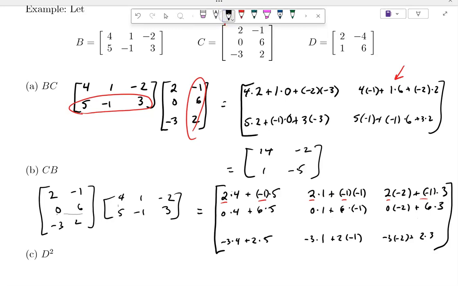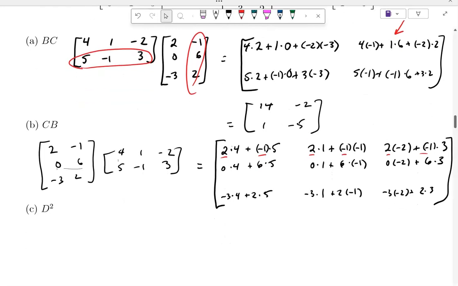So in that last row, I would match -3 and 4 and the 2 and the 5 and then add. Do the -3 and the 1, the 2 and the -1 and then add. -3 and -2, 2 and the 3 and then add. Are we okay with how these are getting matched up? Yeah. Okay. And then if we just simplify at that point,